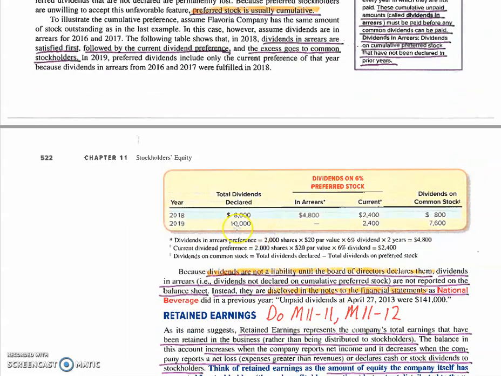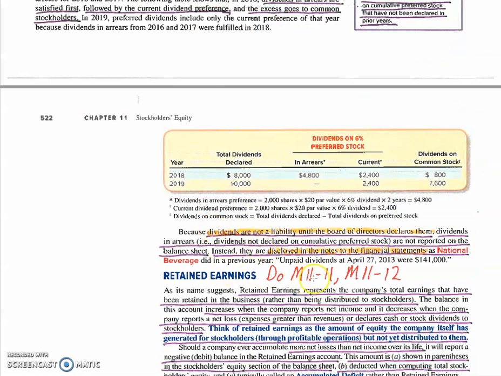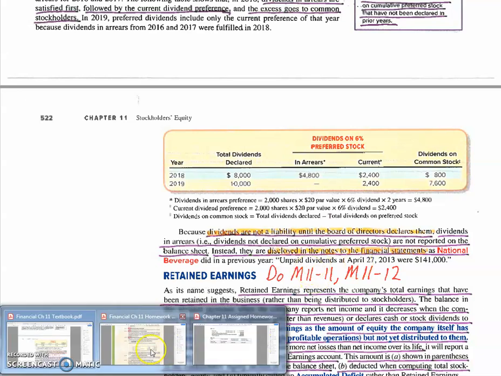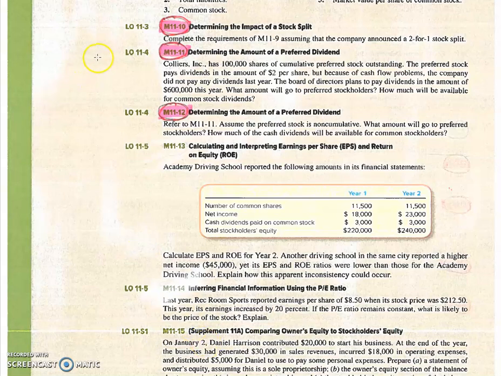And talked about that. And so let's look at a couple of homework problems. Okay, so right here, mini exercise 11-11, determining the amount of a preferred dividend. Colliers Inc. has 100,000 shares of cumulative preferred stock outstanding. The preferred stock pays dividends in the amount of $2 per share, but because of cash flow problems, the company